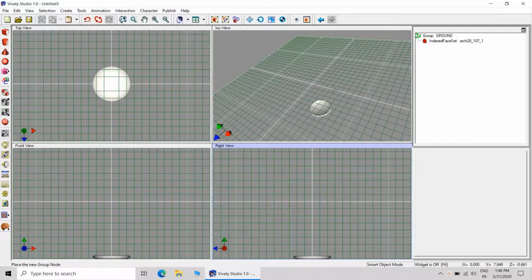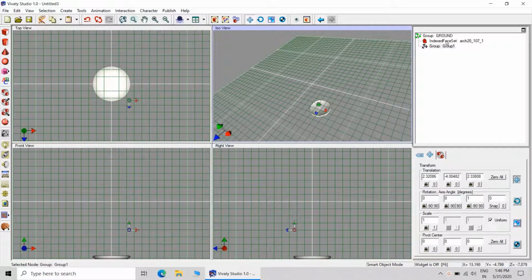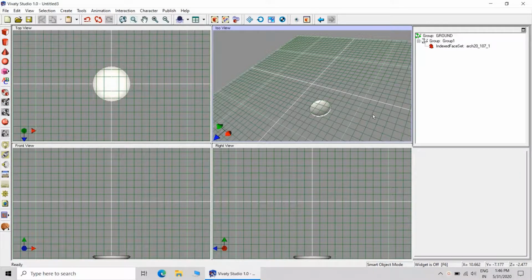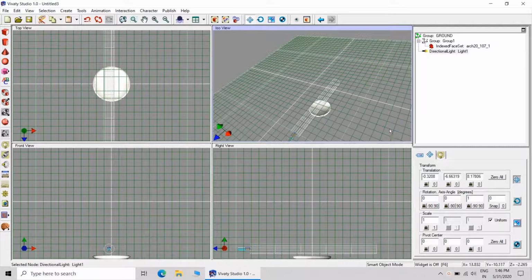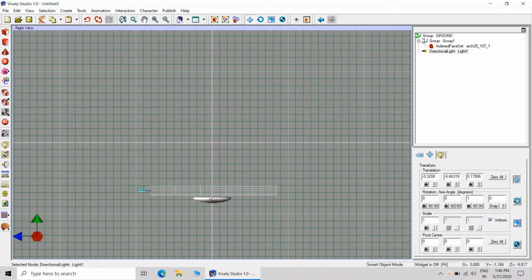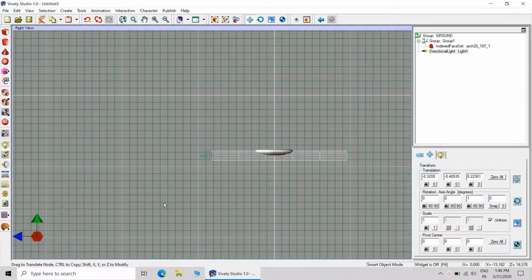Next we will create a group, and in the group I will include the index face set which is representing the light, and here I will build up the logic for the toggle light. I will be using the direction light, which is best for this purpose. Two lights will be used: one is the blue light and the other will be the red light.